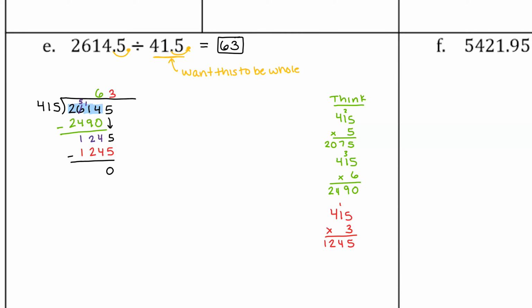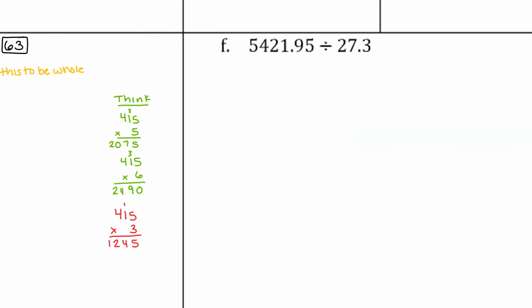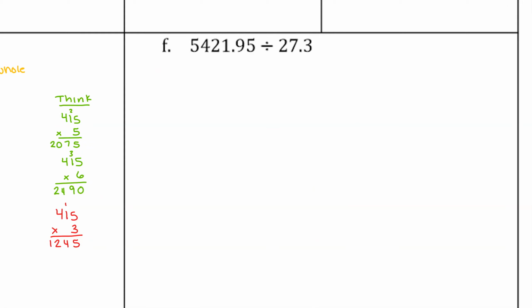Let's try one more of these tough ones where it's not numbers from your multiplication chart, so you're having to do these think steps over to the side because you don't get to use a calculator to decide your answer. You have to do it by hand. So step 1, we need to make sure that our divisor is a whole number. To do that, I need to move the decimal 1 to the right. So I'm going to do that in my dividend. I'm going to move it 1 to the right. So the problem becomes